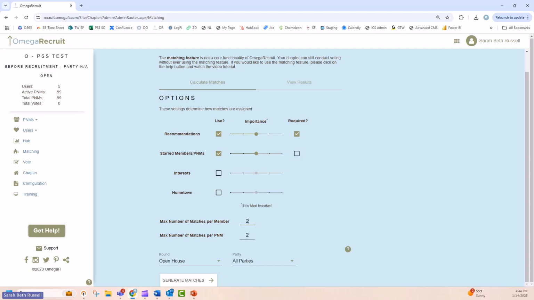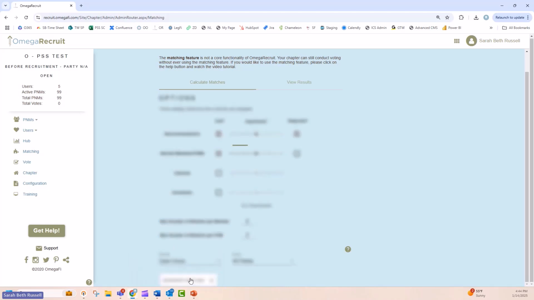Typically, we say 2 to 5 matches is a good number. Again, the higher the maximum, the more potential matches you'll have to go through. But if you have a larger chapter, you may need more potential matches in order to get everybody matched with the right person. We'll just keep this at 2,